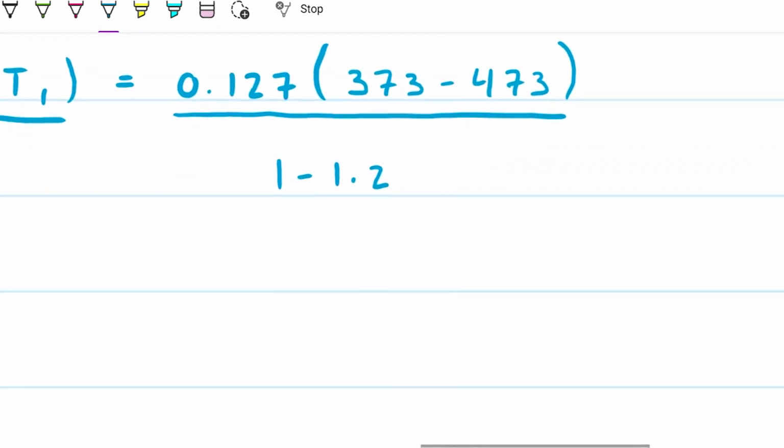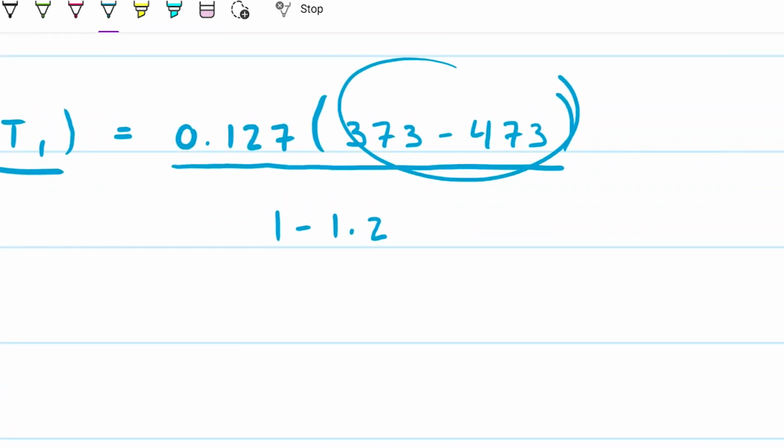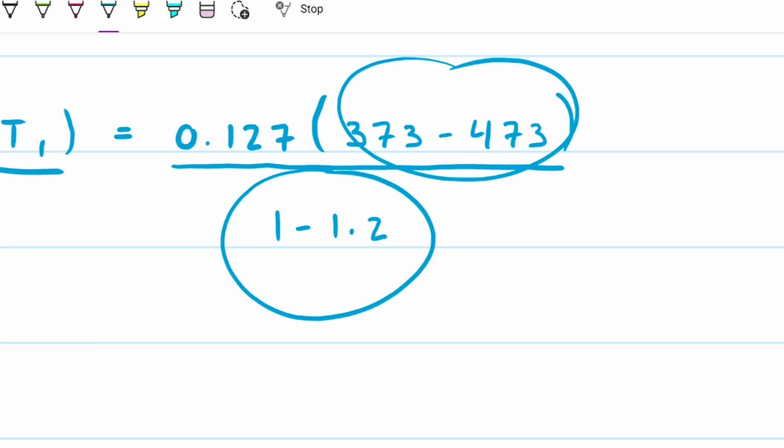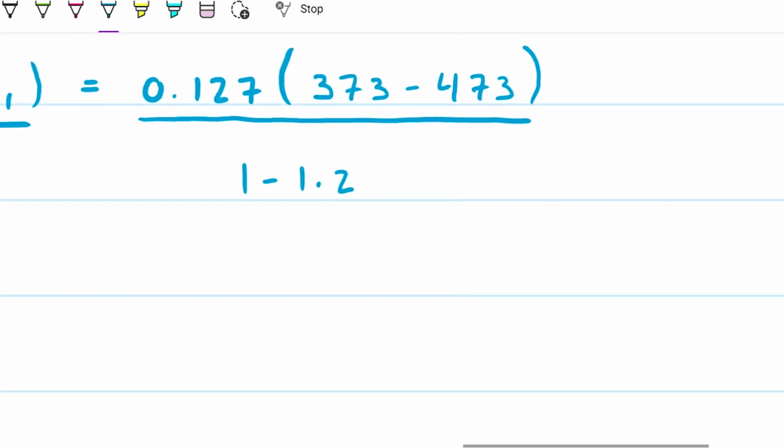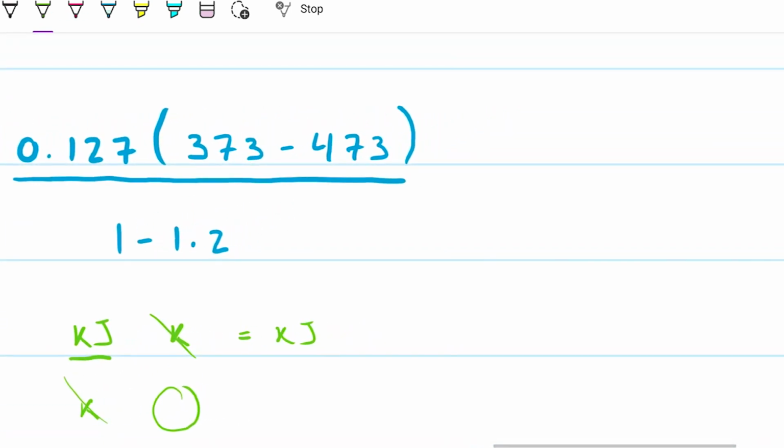Okay, what's going to happen here? This is going to be a negative number, so my end result is going to be a positive number. What about units? We just saw that this 0.127 is kilojoules per Kelvin. We're multiplying that by Kelvin, and there's no units on the exponent. That's a dimensionless number, so this is just kilojoules, which is great because we're looking for work. And therefore, this turns out to be 63.4